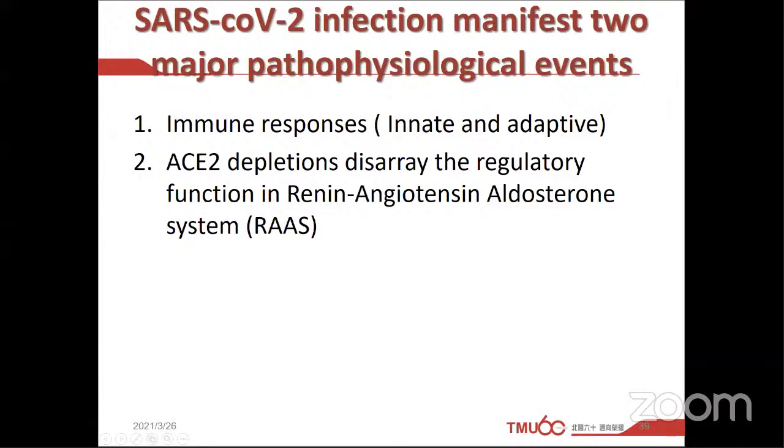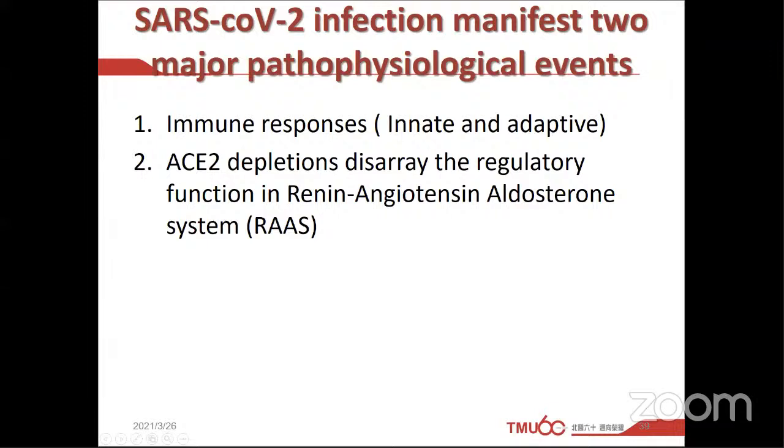The first one is generating an immune response, innate and adaptive immunity. Some patients will have a milder syndrome because their immunity is regulated appropriately, but some people lose the control